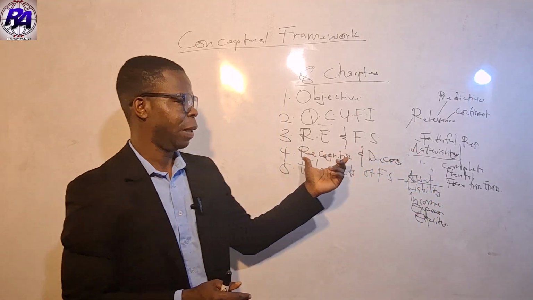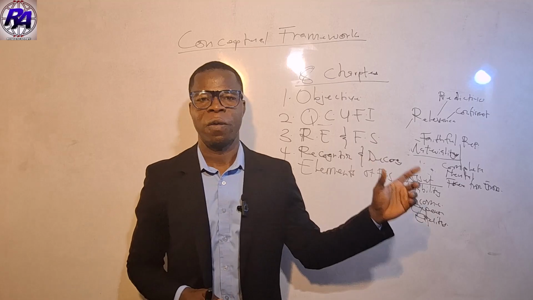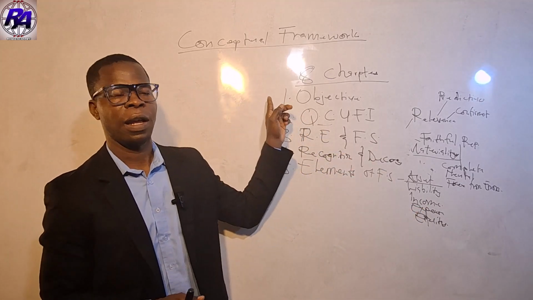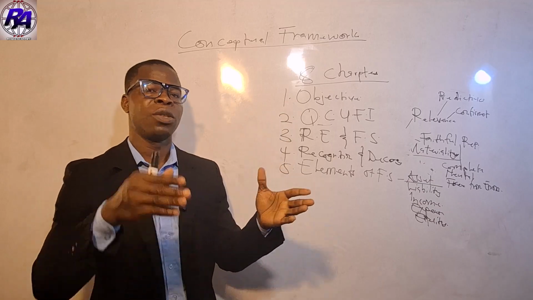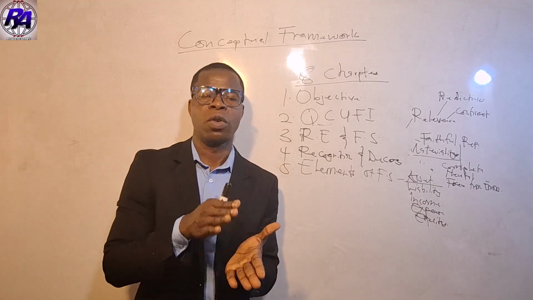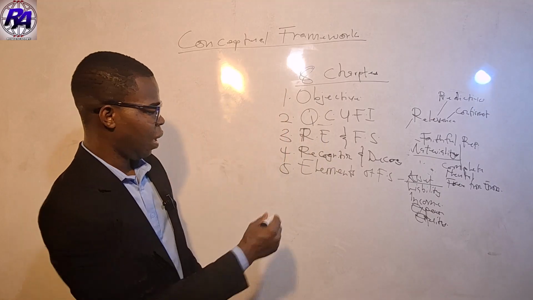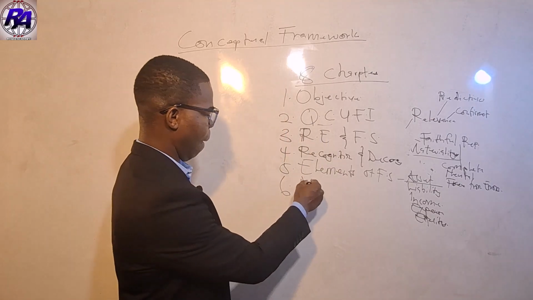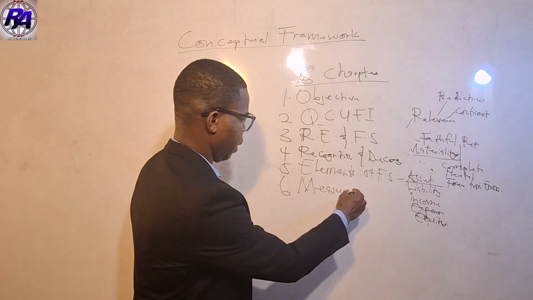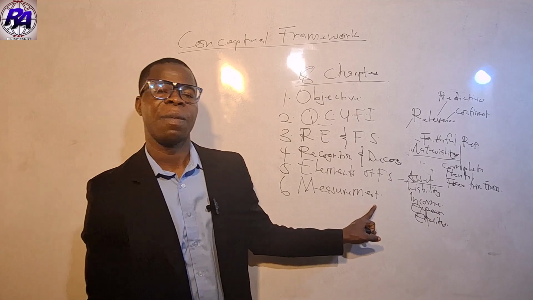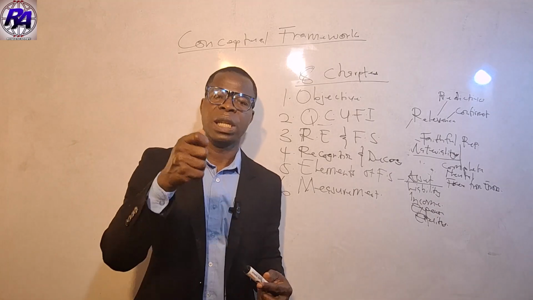So this has to do with chapter 5, elements of the financial statement. I might not be going chronologically with the chapters according to how it has been outlined in the conceptual framework, but just follow suit. Now, chapter 6 has to do with measurement. So measurement here, we carry the historical measurement where we are going to use the original cost of the asset